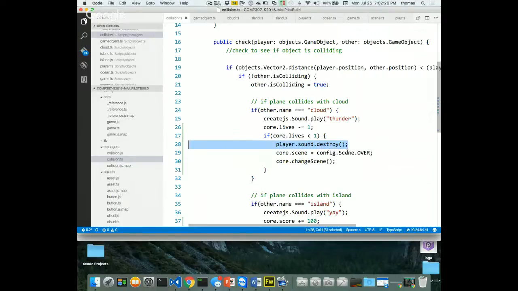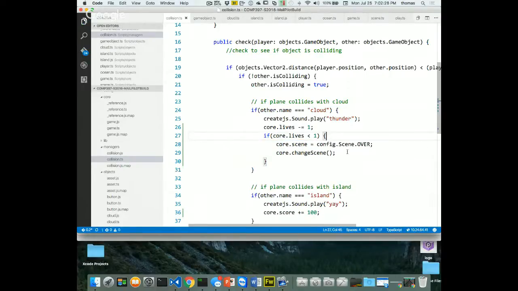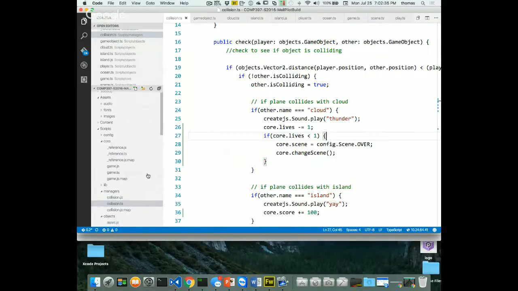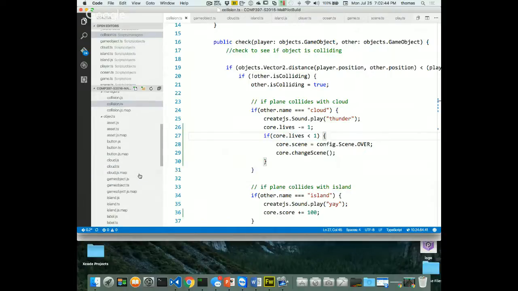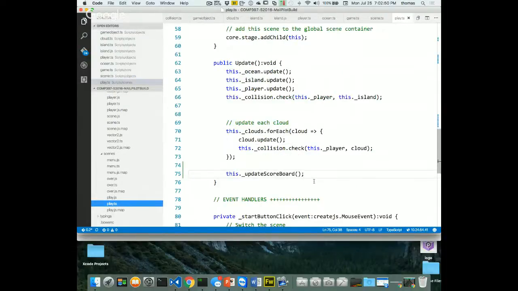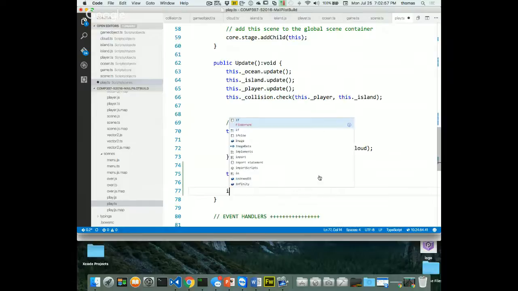So what if, putting it out there, I don't do it here, I do it in the game. So I check to see, special check, and this is just a workaround. I'll fix it later. I want to get this done for you guys so you have everything you need to do your assignment, right? Which is why I'm doing this in the first place. So let's go to my play scene. Sorry for the sound differential. I want you guys to hear the sound, and that's why I turned it on. So I'm here, and I can check. So update my scoreboard, and then in here I can say if,